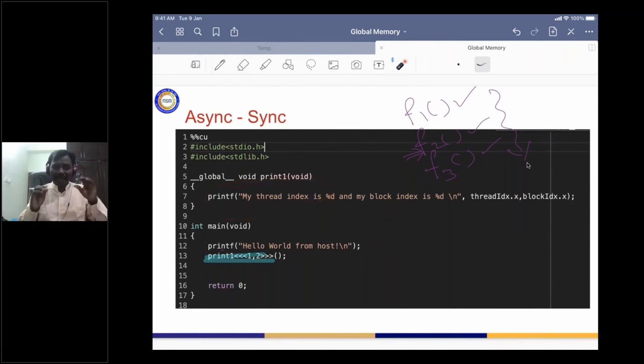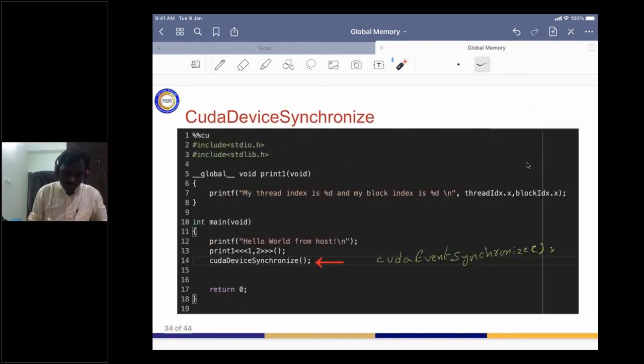In order to make this synchronous, explicitly the programmer has to write the function called cudaDeviceSynchronize. When we write this function, what happens to the CPU thread? The CPU thread was not waiting earlier, but when it reads this function, it understands that some function is being executed in the GPU, so please wait. cudaDeviceSynchronize explicitly tells that there are some functions being executed in the device.